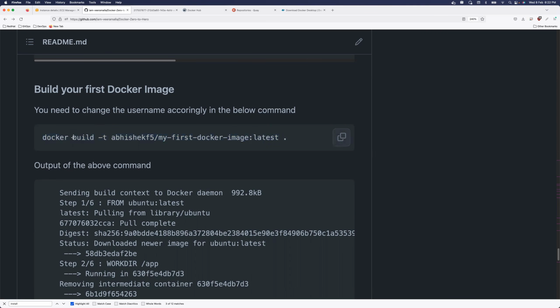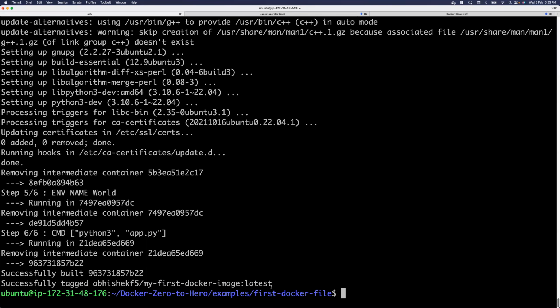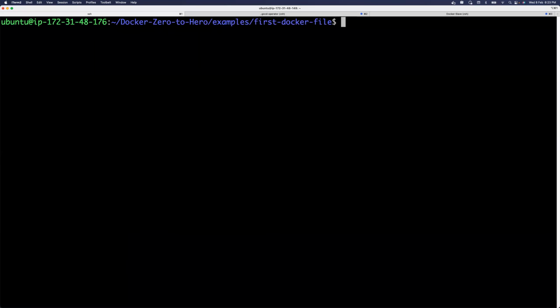Why we use the docker build command with a tag, you will understand when I actually push it, because you will see live that inside my user, inside the Docker registry, there is a repository that got created, and the tag that we have given also got created. Okay, so the image build was successful. Now I want to execute this image and see how my application runs. The main purpose of this is to run your application.